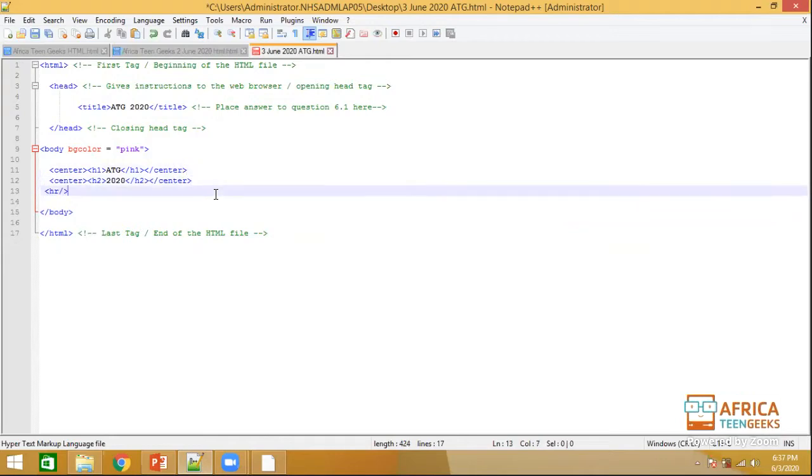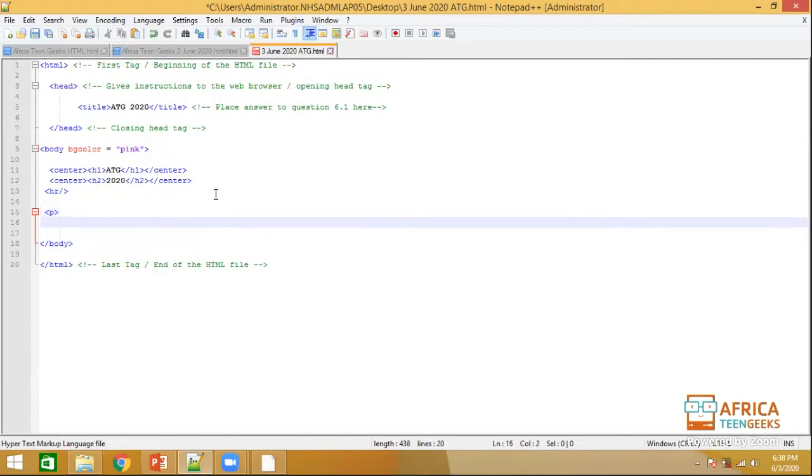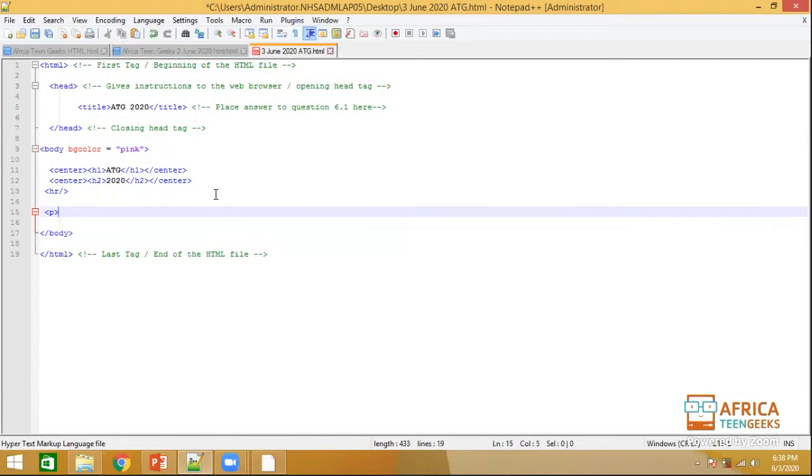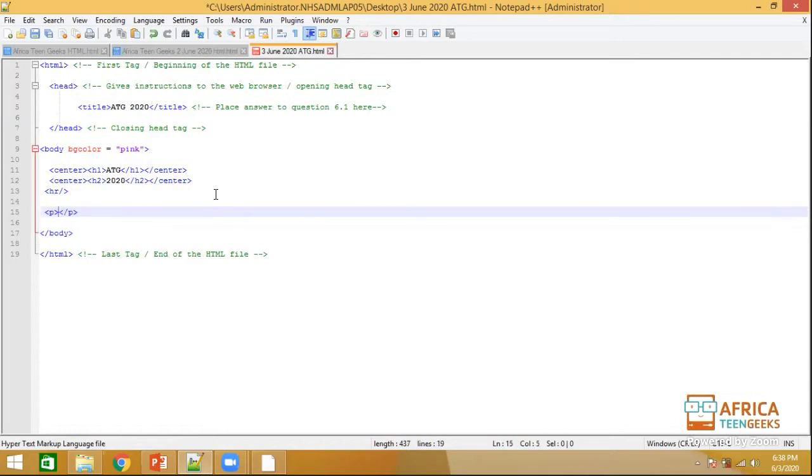And what I'm going to do is create my first paragraph over here. A reminder that the paragraph needs to have an opening tag as well as a closing tag. You can place your tags next to each other just like this, or you can place them underneath each other. It's up to you, so long as there is an opening tag and a closing tag. Make this bold,